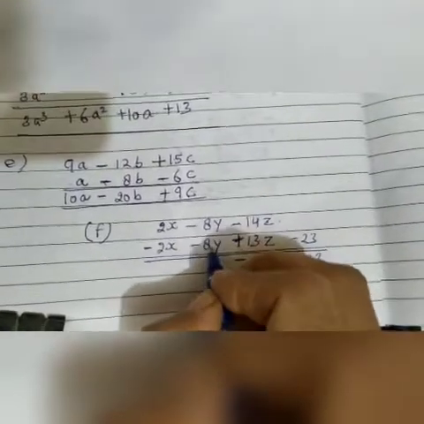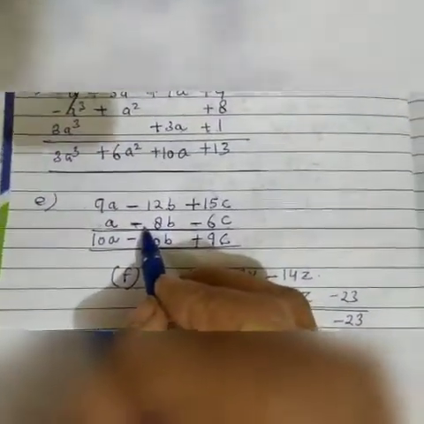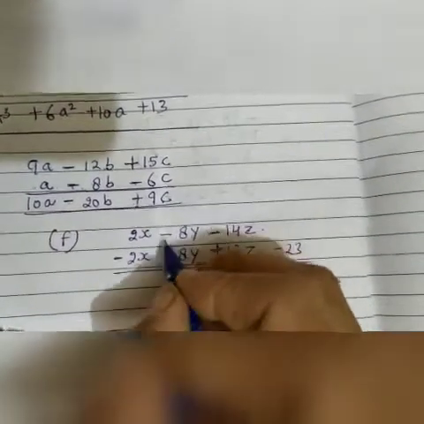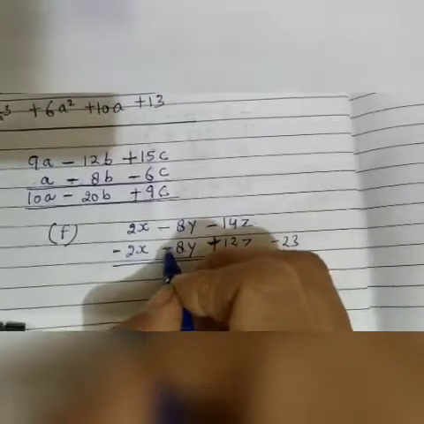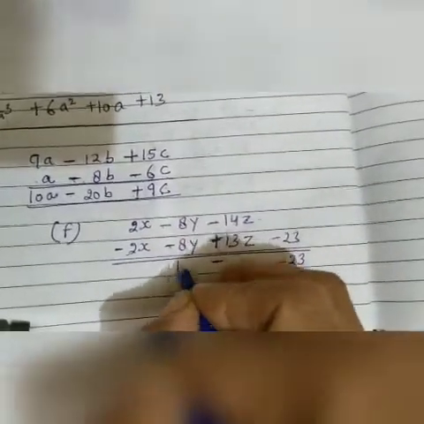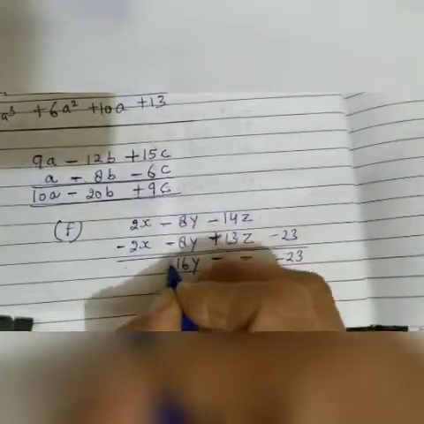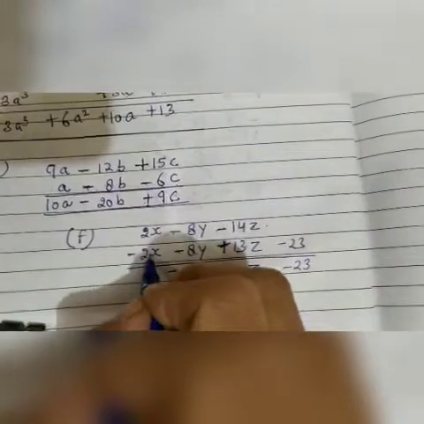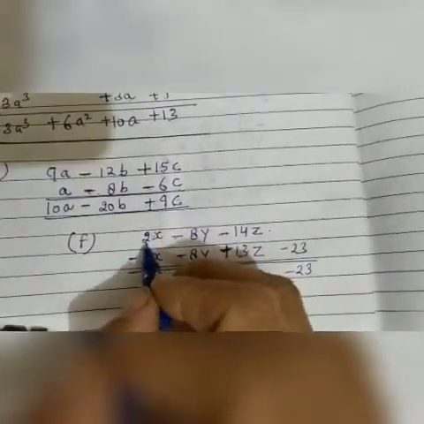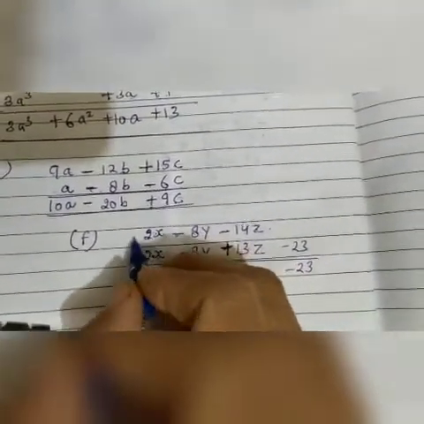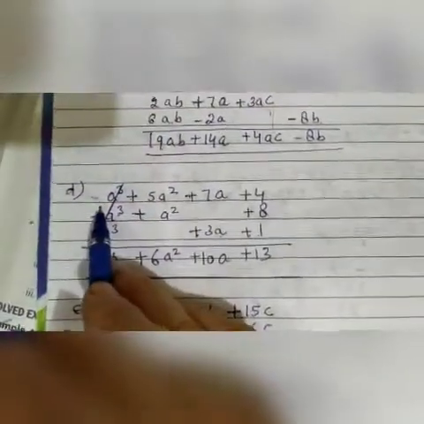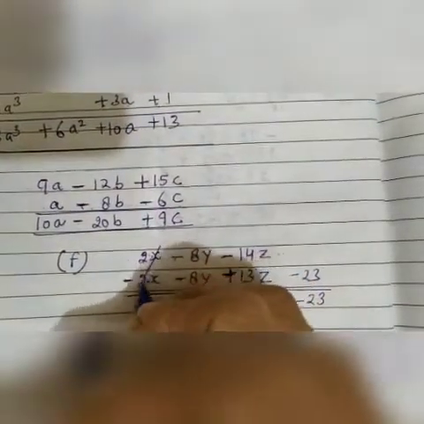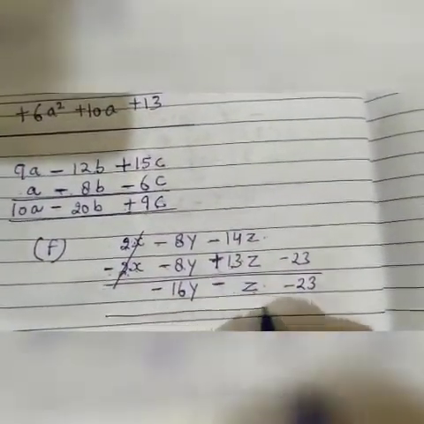Now minus 8y, as I told you just now, if two numbers are with minus minus sign, we add both numbers. 16y, and our sign remains minus. Okay? Now plus 2x minus 2x. Both the numbers are same, literal factors are same, but their signs are different, as we did here and in A part and B part also. So these two terms will be cancelled and this is your answer.